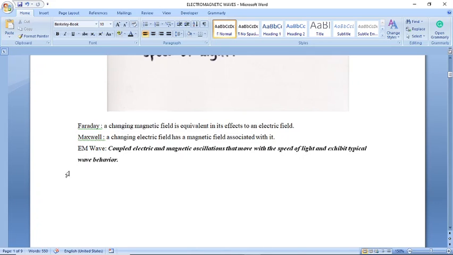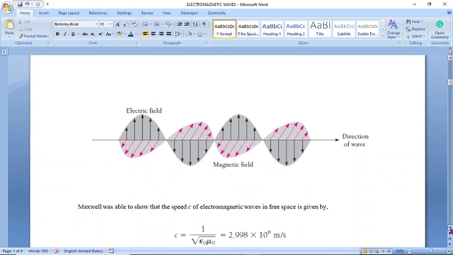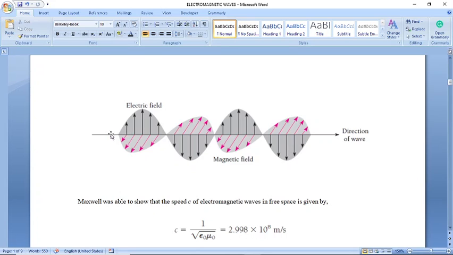So the electromagnetic wave is simply the coupled electric and magnetic oscillations that move with the speed of light and exhibit typical wave behavior. ഇലക്ട്രോമാഗ്നറ്റിക് വേവ്സിനെ കുറിച്ച് നമ്മൾ പറയുമ്പോൾ ഈ ഒറ്റ ഫിഗർ, ഈ പിക്ചർ നിങ്ങൾ ഓർത്താൽ മതി. ഇലക്ട്രോമാഗ്നറ്റിക് വേവ് is simply